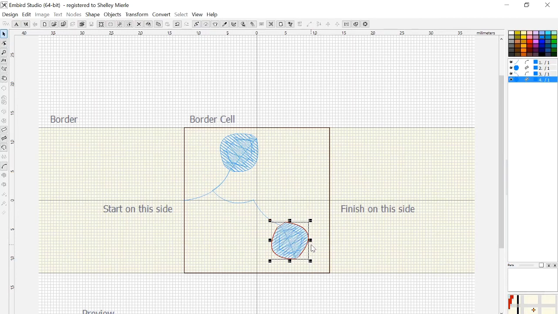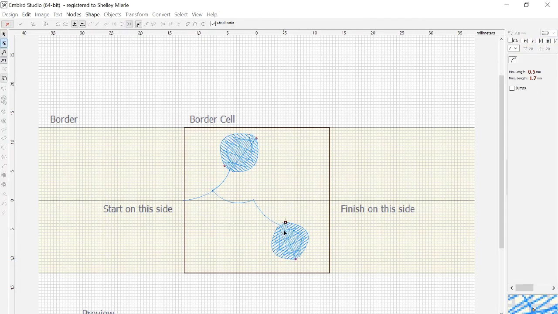Okay, and I'm going to accept that and Control G to have a look at the stitches, and it looks pretty good. Okay, escape, and I'm going to choose another connection object, and I'm going to make it match up to the stem, come back here to this node. Sometimes you have to do it further apart and then snap it to that node. And I am going to go up and turn on the snap to node and snap to object because that'll help keep my stems together. Okay, and then I'm going to go somewhere over here. I may need another node. Okay, that's not quite like my picture, I think,